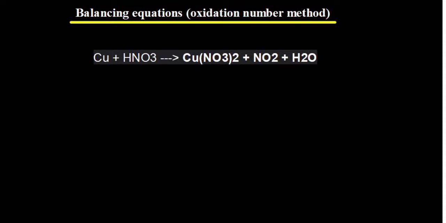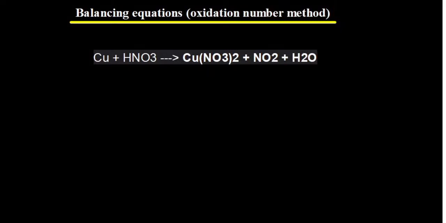Okay, we have another example. Copper reacting with nitric acid. So how do you balance this equation using the oxidation number method? When you look at the copper on the left hand side, it has got no charge, so the oxidation number is 0 there. Then let's look at the other side where copper is. The easiest way to identify the oxidation number without even doing calculations is when you see